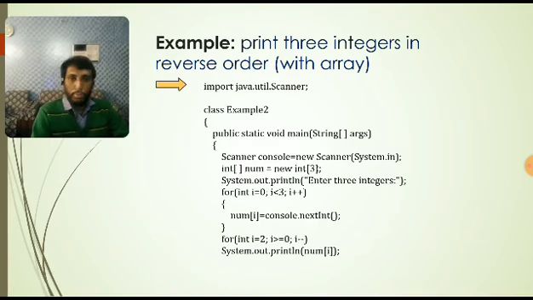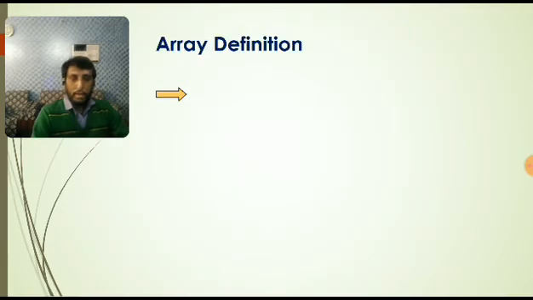Now System.out.println(num[i]), so num[i] is being printed. Whatever data are kept in the array num will be displayed in reverse through this for loop, that is for i equal to 2, i greater than or equal to 0, and i minus minus. So this is the way we do coding for array. But let's look at how array